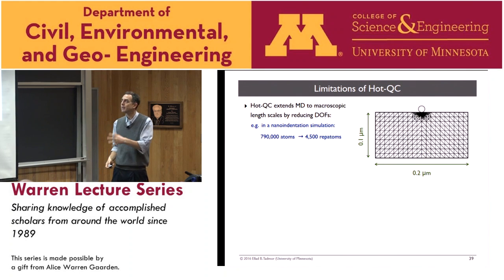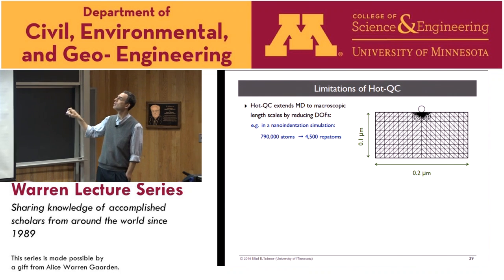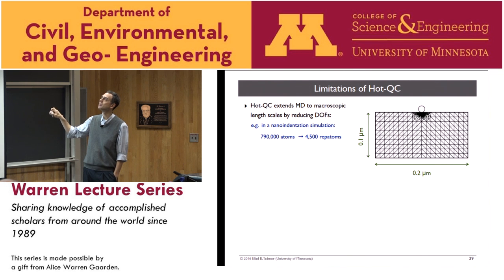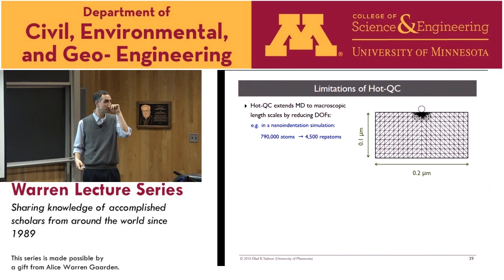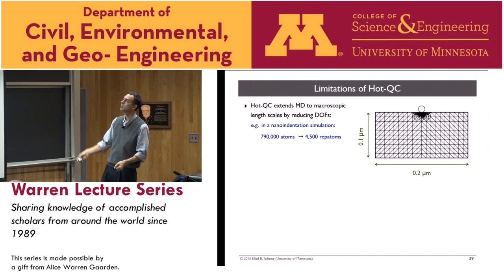Now, I'm not showing you any results from this method, but it does work, and it allows you to dramatically reduce the number of atoms because you have a lot fewer degrees of freedom. You only have the nodes of your finite element mesh, and then some region right underneath, say, this indenter where you have atoms. So for this example, we went down from 800,000 to about 4,500 atoms, or 3 times that for degrees of freedom. But anyway, a major reduction, which allows us to do a simulation like this on one processor on a serial machine instead of parallelizing. And now we're working on a big high-performance code that will allow us to go to much, much larger sizes.